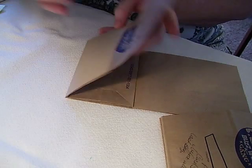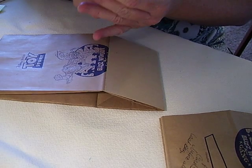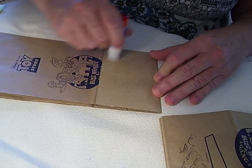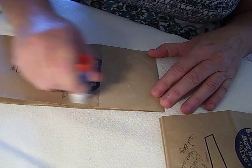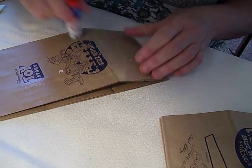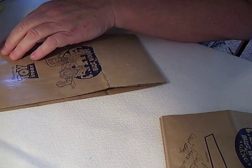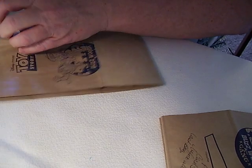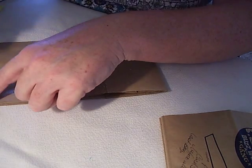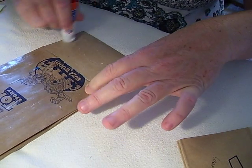And then taking your glue stick again, just glue this good and get it good and gluey though. Don't skimp on your glue, because you want it to be good and adhered. So you want to make sure that you use plenty of glue. And when you get it good and glued all over,